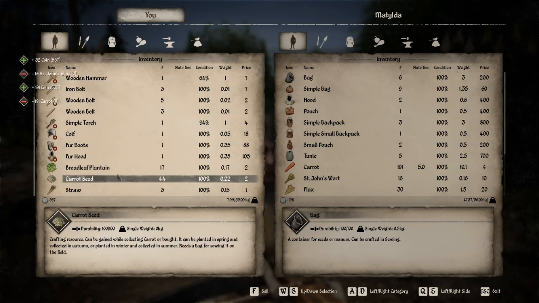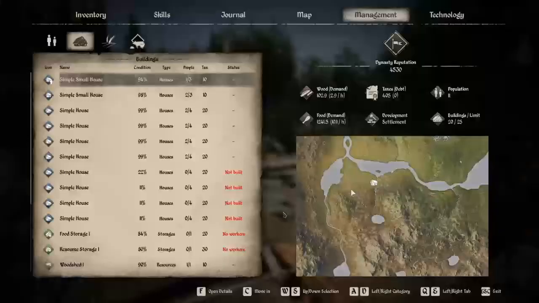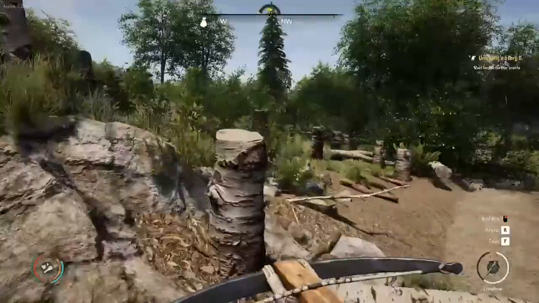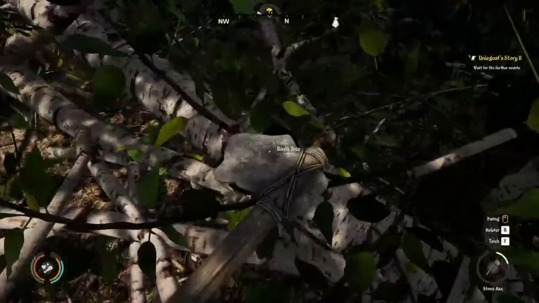So while we're here... Oh no, I didn't want to do that. Oh well, I'll pick some more up from the ground. Okay, so now let's see how much money we have. We have 655. If the scythe costs 700, we're probably going to need some more. So, why don't we...